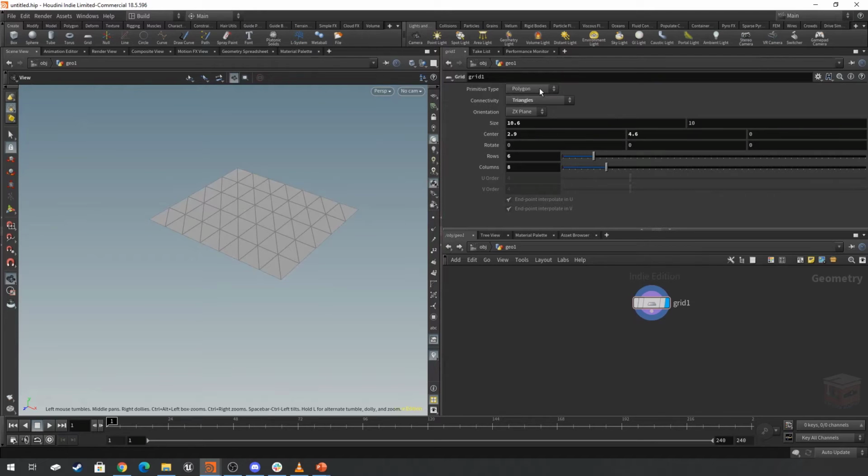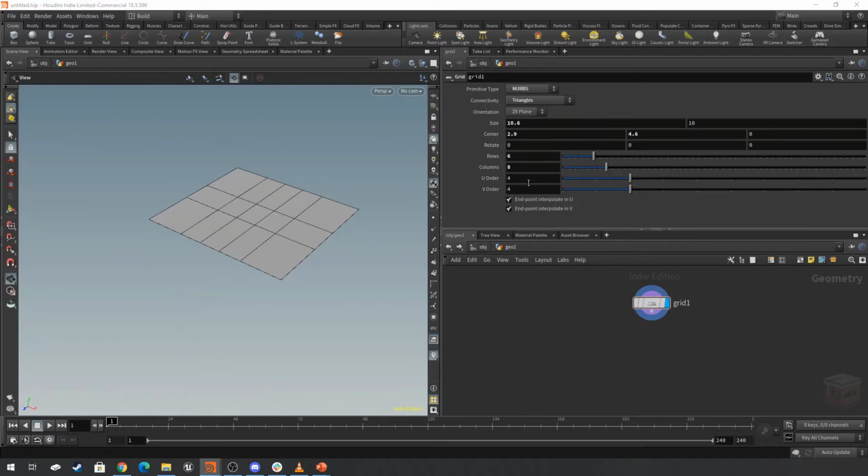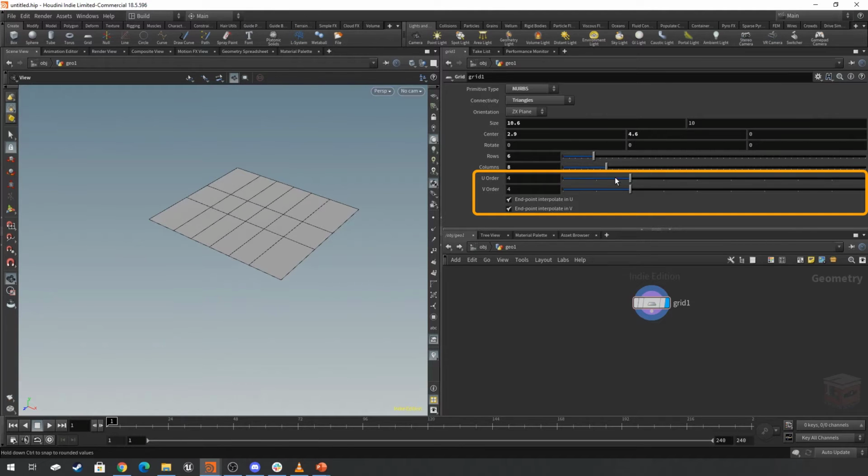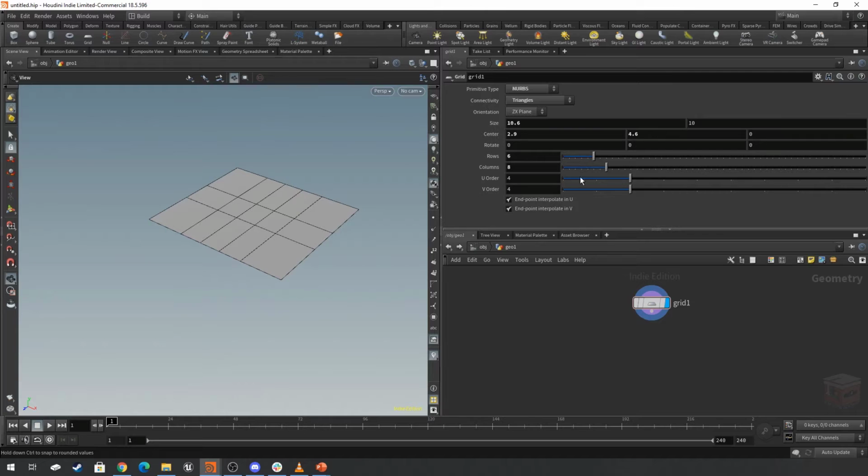And then we can also change it to a different type of mesh, such as a NURBS object. And when we change it to a NURBS object, we also enable some of the other parameters that were grayed out below over here, such as the U order for this NURBS object and the V order. Now I'm not going to explain exactly how NURBS work, that's not the point of this video, but what I do want to show you is that now we've changed this grid, and maybe we want to start changing some